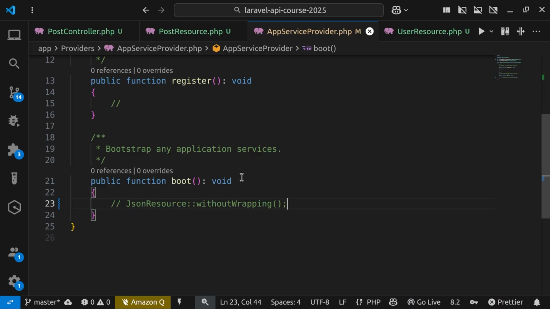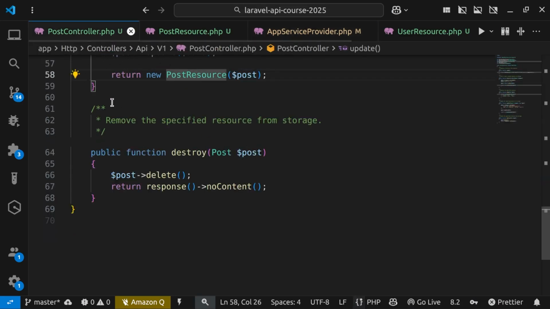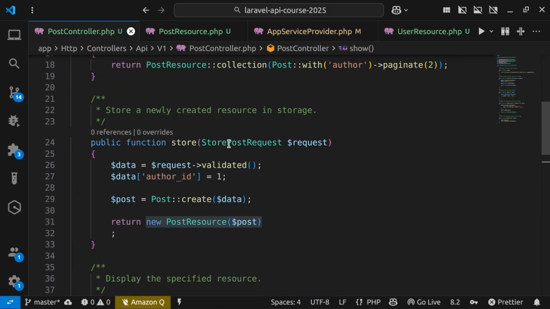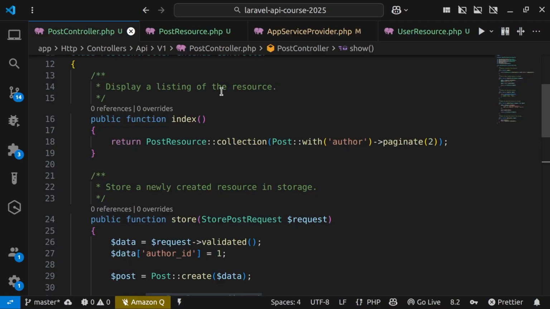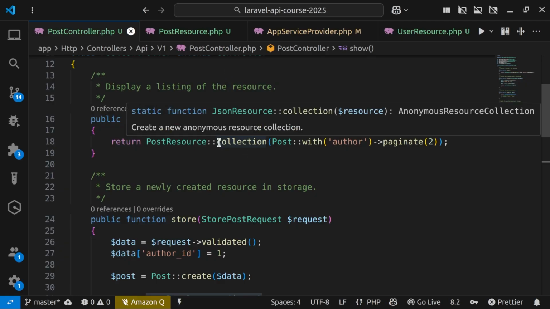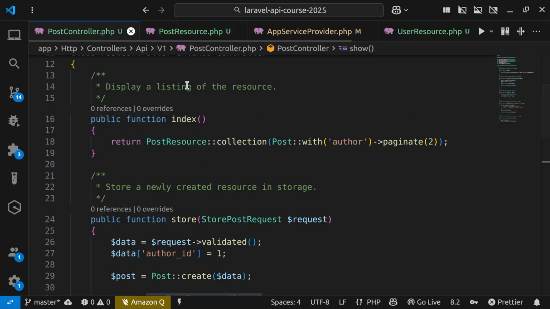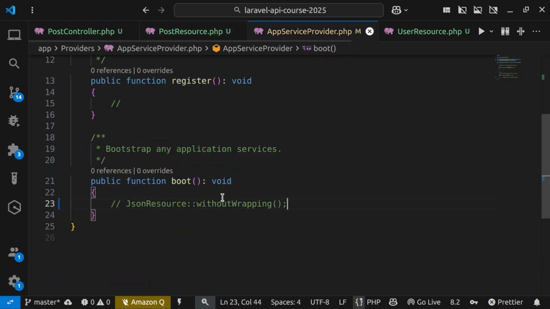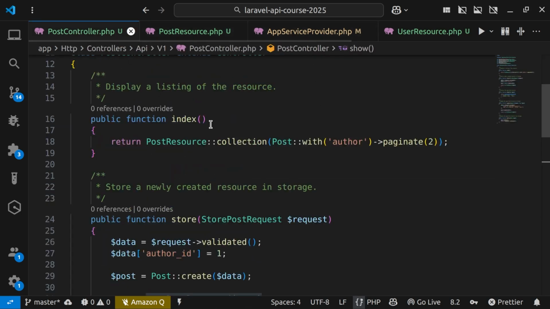Depending on your use case, maybe you want to be wrapped everything inside the data. And if this is the case, you should always return resources directly without response JSON, custom response JSON, and you should not disable this wrap property on the post resource like this, or globally from app service provider. However, if you want to remove this data, you know what